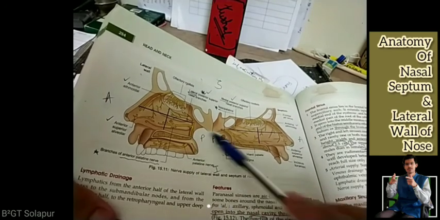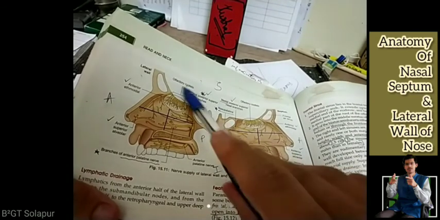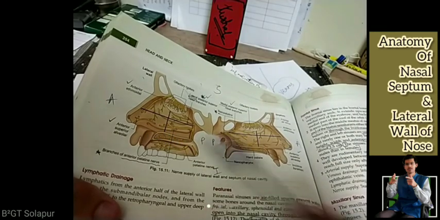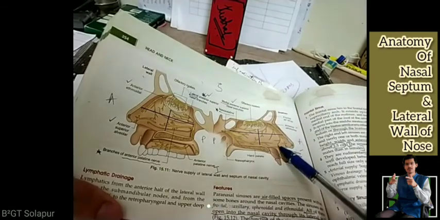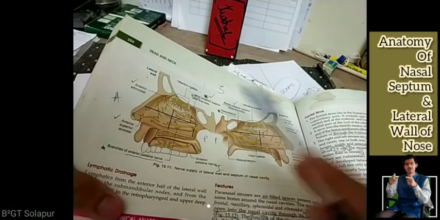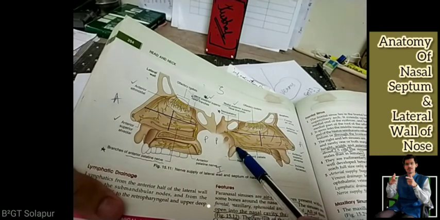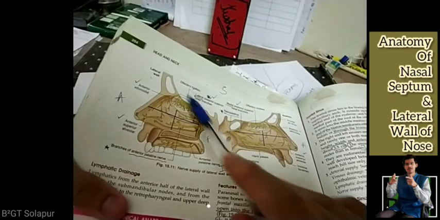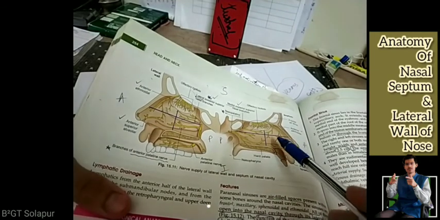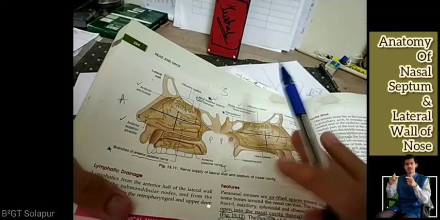This is different. This quadrant was different for arterial supply also, and now in nerve supply also it is different. These two are the same, these two are the same, and here the anterior superior alveolar nerve, here also the anterior superior alveolar nerve. It means the posterior inferior quadrant of the lateral wall of nose and the nasal septum has a different arterial blood supply and nerve supply. The rest of the three quadrants of the lateral wall of the nose as well as the nasal septum have the same blood supply and nerve supply. And venous drainage is the same in both cases.